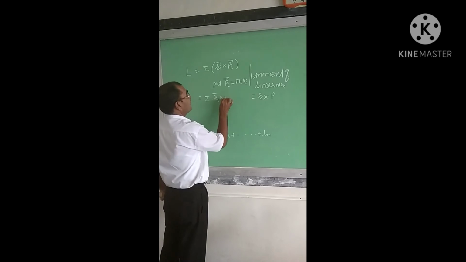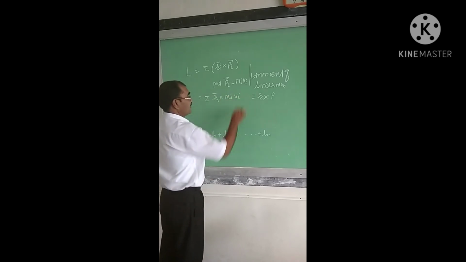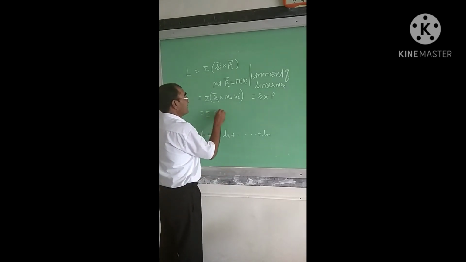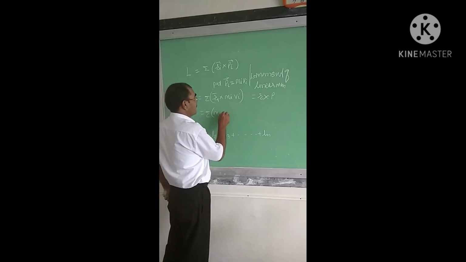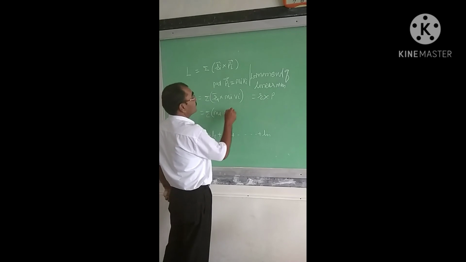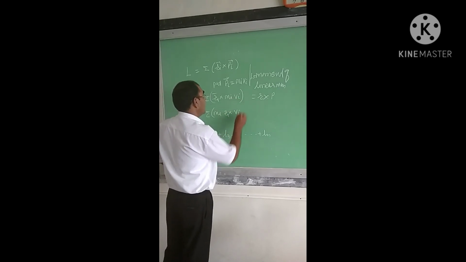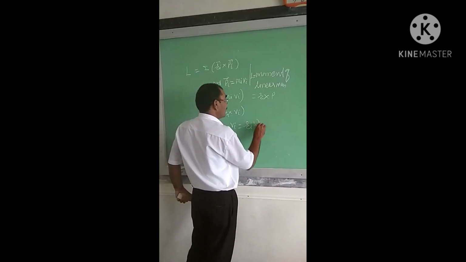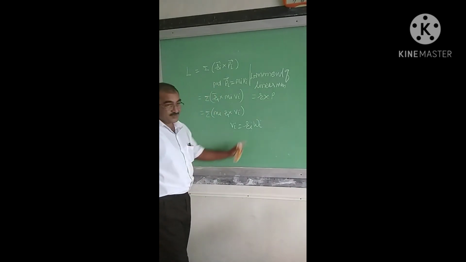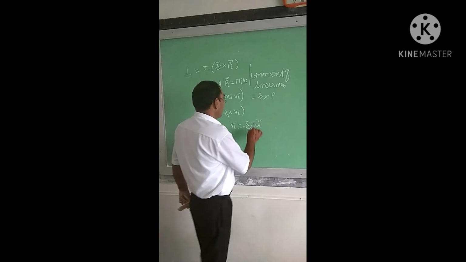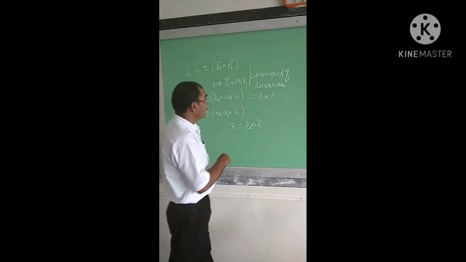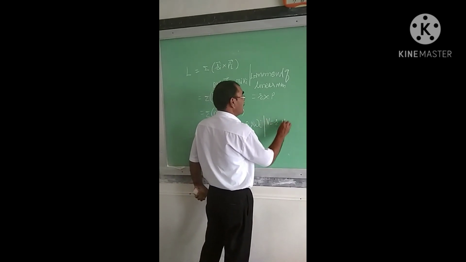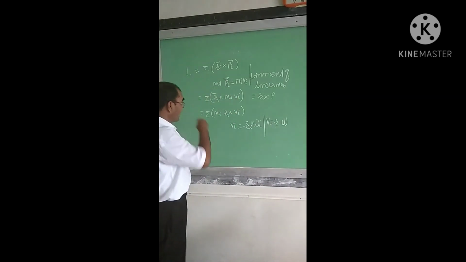Which is equal to the summation of ri cross mi vi, which is equal to the summation of mi ri cross vi. Put vi equal to ri omega, or r cross omega. That is the relation between linear velocity and angular velocity, v equal to r omega, which is equal to